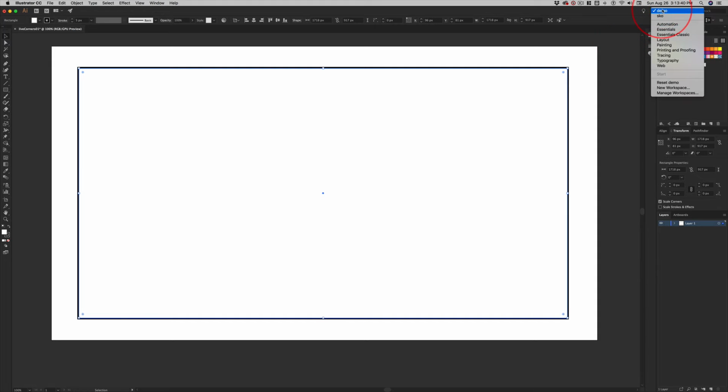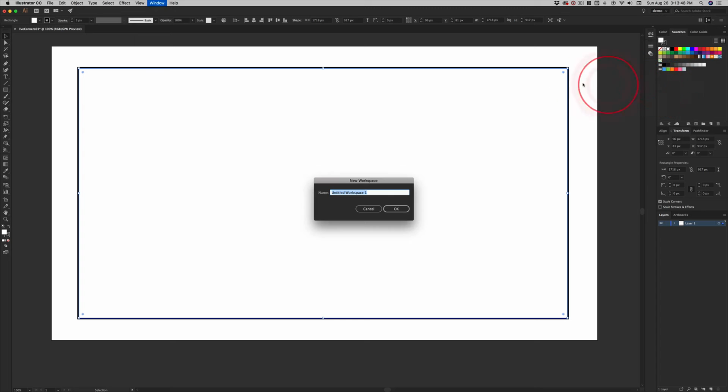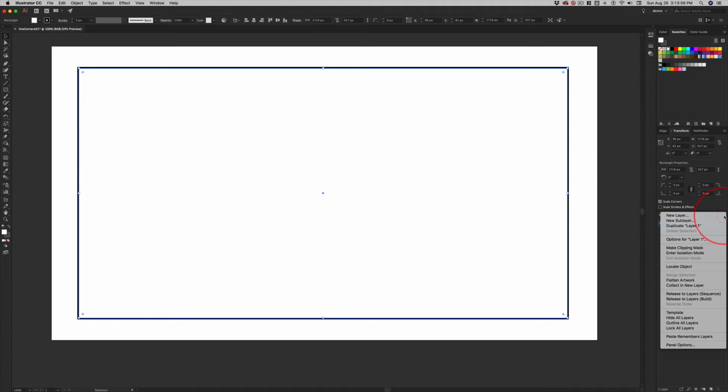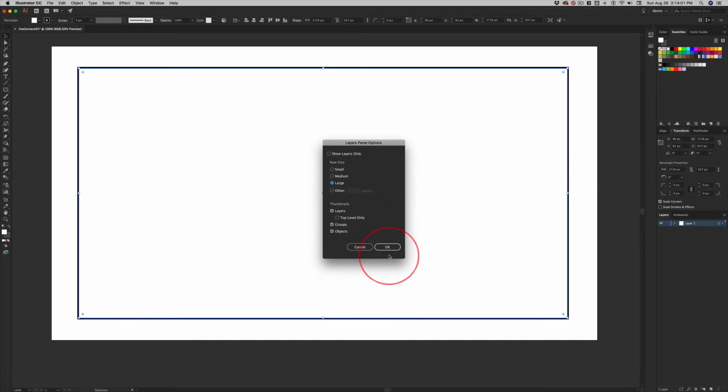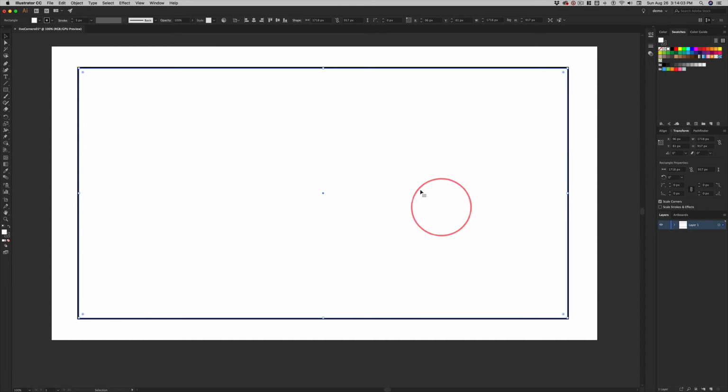Let's go ahead and save our workspace. Okay, we've got transform front and center instead of align. That's just fine. Let's go ahead and create a new workspace, call it the same thing, and now we have a new workspace that we can all work together on. I don't know why this isn't sticking. I'm going to go to my panel options and set this large and click OK. Now,